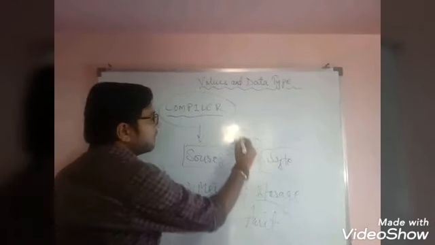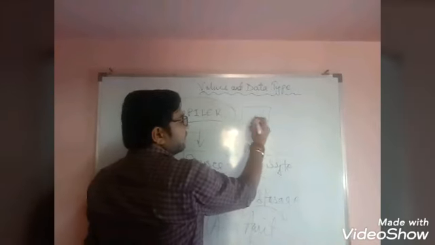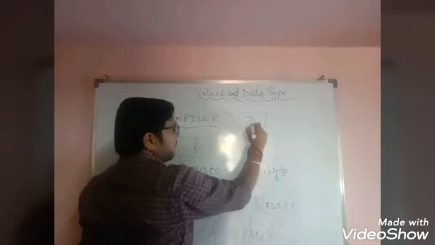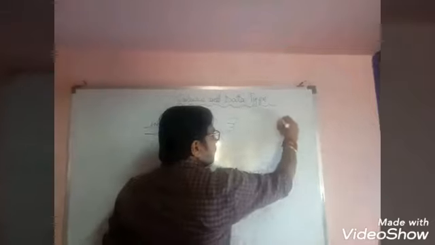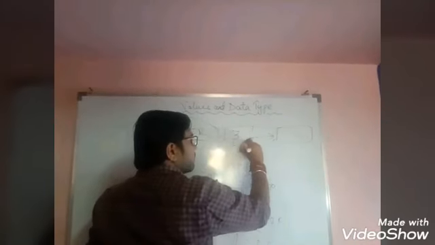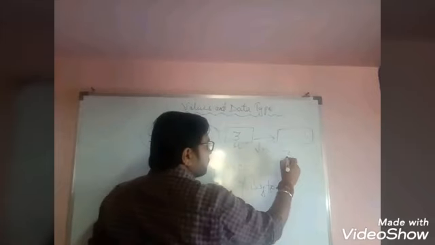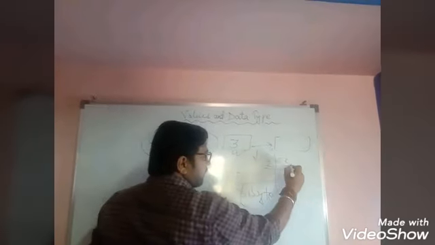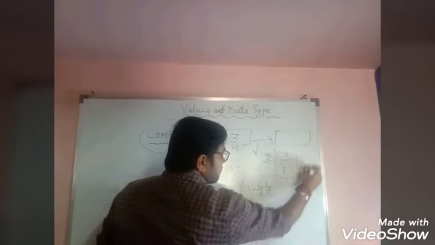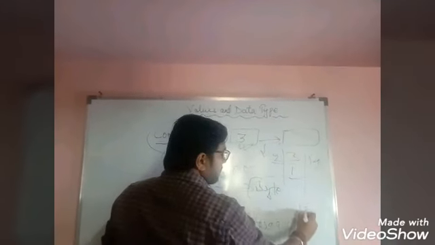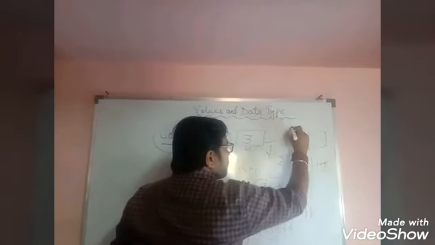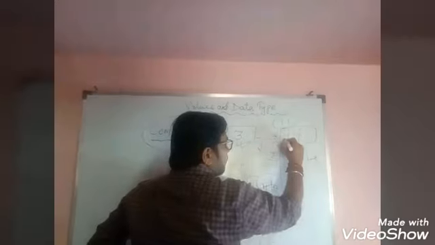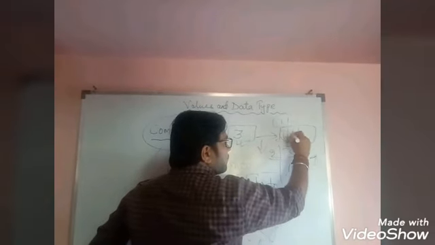I am giving one more example. For example, if you are entering anything in a source code, like I am entering 3. So the compiler has to change this number into bytecode. How do we convert it? First you divide 3 by 2, the remainder is 1. So this is the binary form of 3, double 1. For double 1, the compiler has to make an allocation of memory. So the compiler allocated 1 and 1. This is the allocation of memory. This is the compiler part.